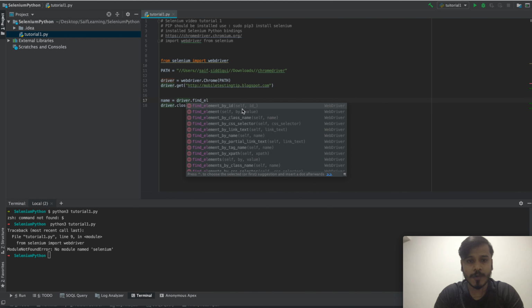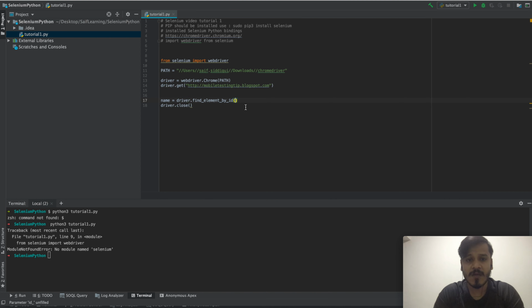There are options like by ID, by class name, by CSS selector, by link text, by name, by partial link text, and XPath. The property which I will be interested in is, I want to find the element by ID. I will just select this.